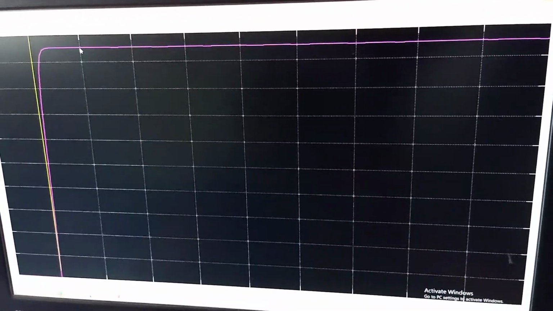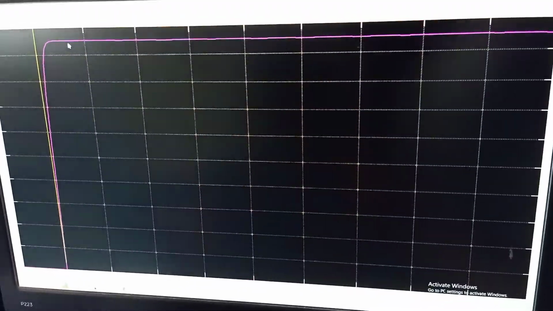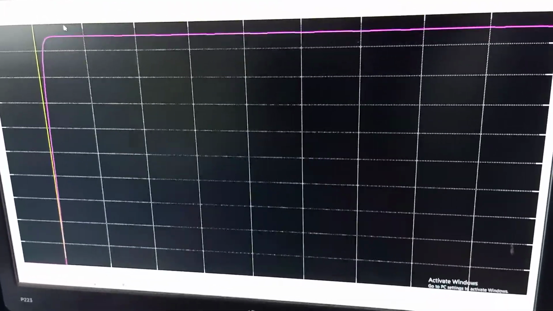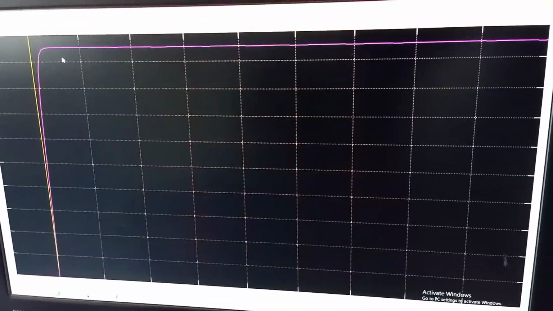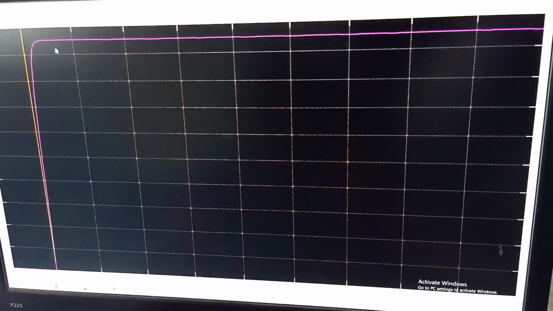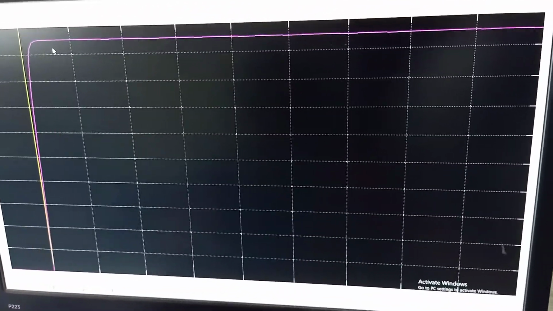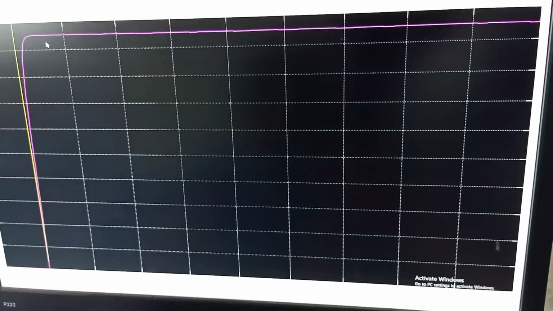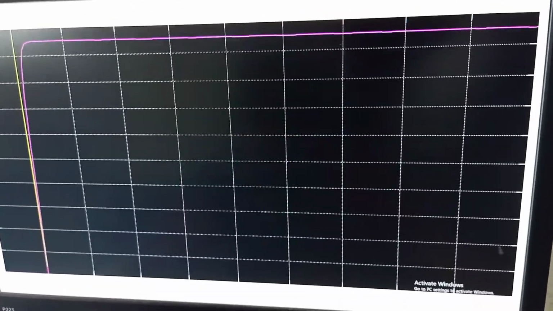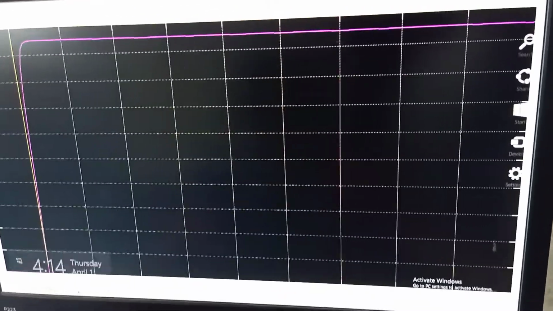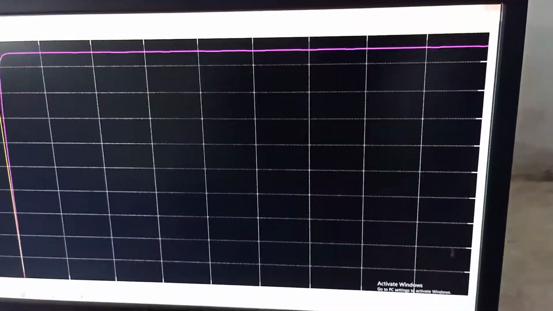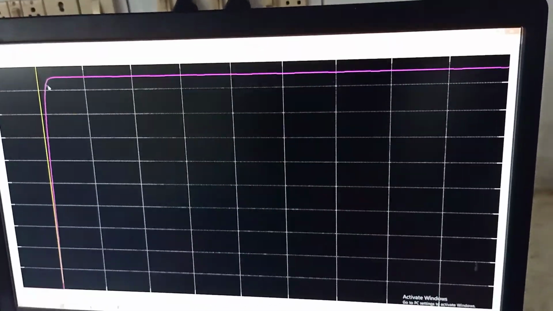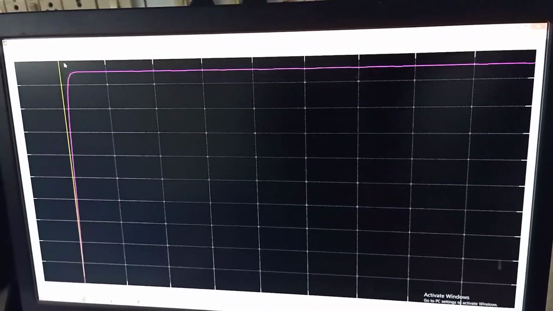Okay, so your output is not following your input. If you want to get the exact output, you have to change the gain value. Okay, so this is all about your simulation of a linear system. See here, on the x-axis, you can see the 10 seconds value. The step input is taken as 1.